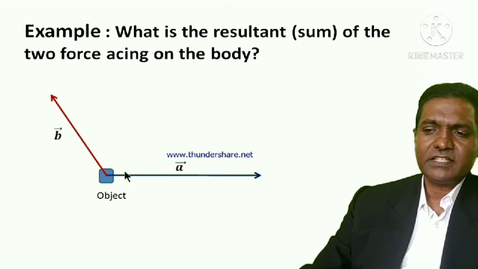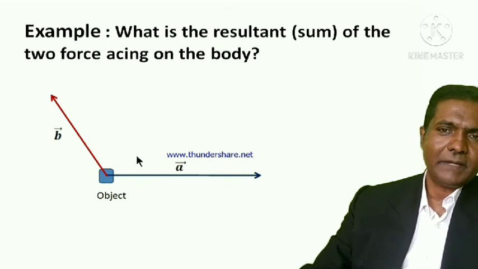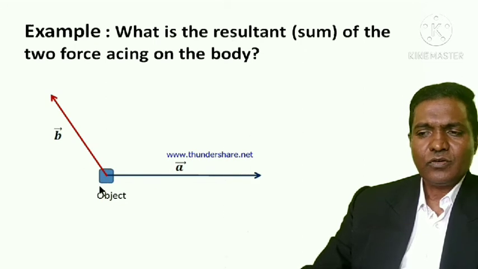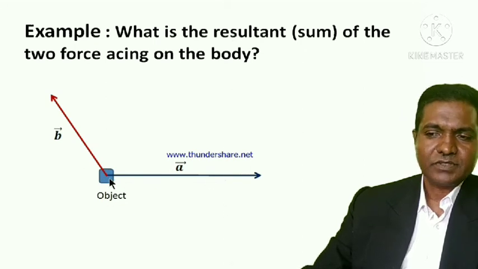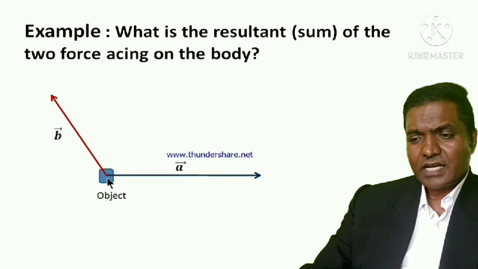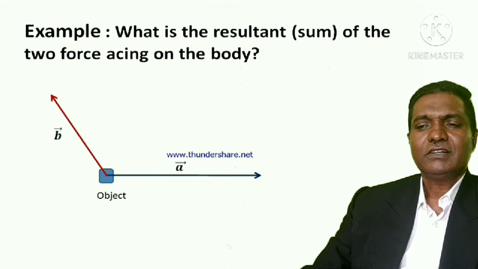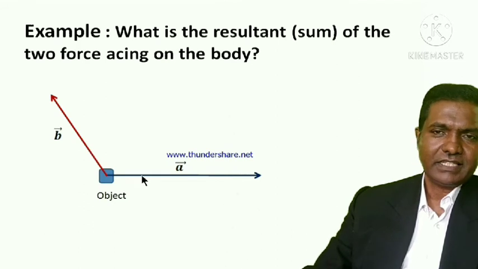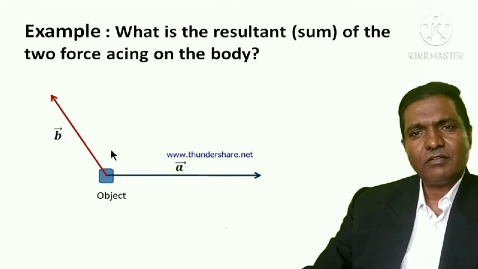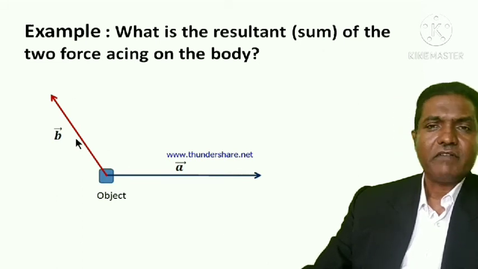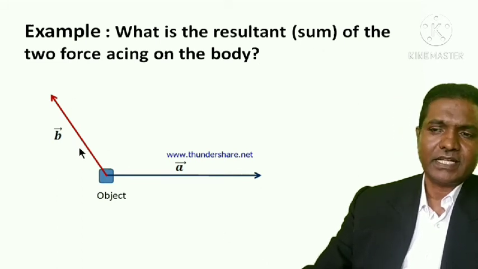ನೋಡಿ, ಈಗ ಅಡಿಷನ್ ಮಾಡಕ್ ಬರಲ್ಲ. You cannot apply triangle law of vector addition. ಯಾಕಂತಂದ್ರೆ ಇವೆರಡು co-initial vectors ಇದೆ. Okay, ಎರಡರದು starting point, initial point is same, so you cannot apply triangle law of vector addition. So triangle law of vector addition ಮಾಡಬೇಕಾದ್ರೆ ನೀವೇನ್ ಮಾಡಬೇಕು ಅಂತಂದ್ರೆ ವೆಕ್ಟರ್ಸ್ ಅನ್ನ ಶಿಫ್ಟ್ ಮಾಡ್ಕೊಳ್ಬೇಕಾಗುತ್ತೆ. ಅಂತಂದ್ರೆ